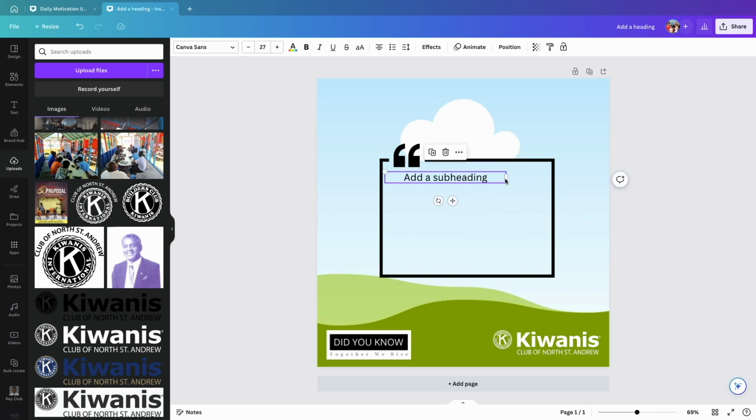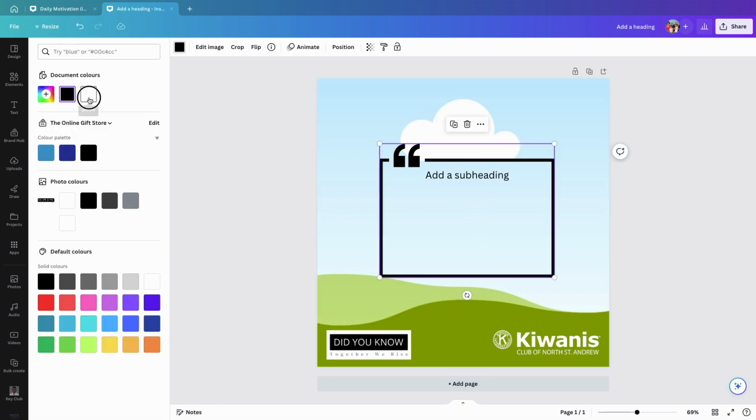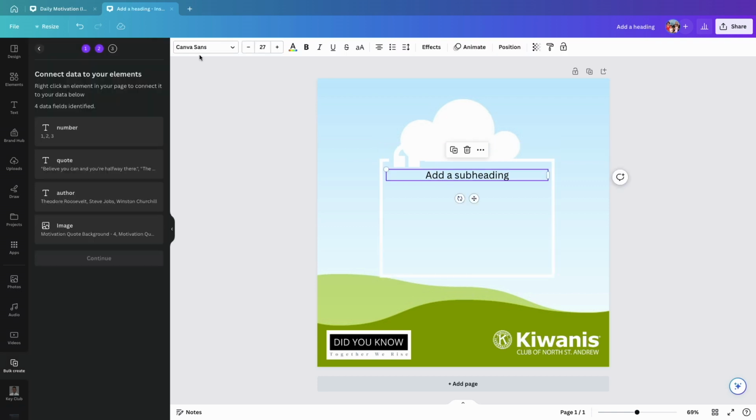And let's make the subheading a little bit smaller. Just lining it up a little better. There we go, almost center line. There we go. Next we're going to change the color of the outline, color of the text